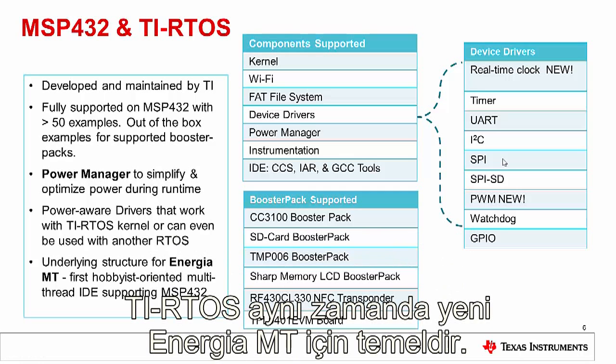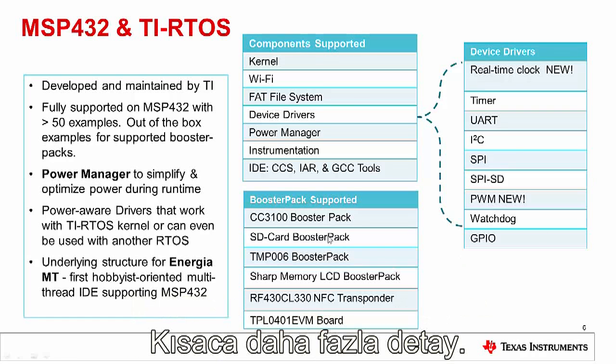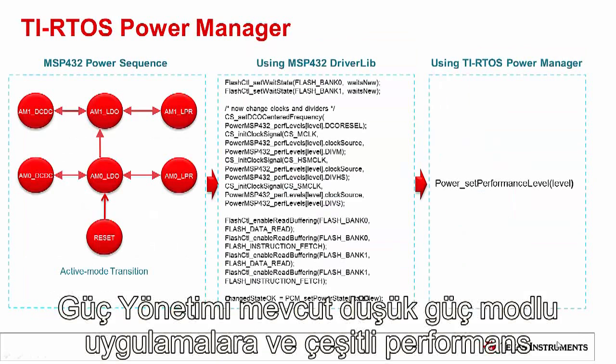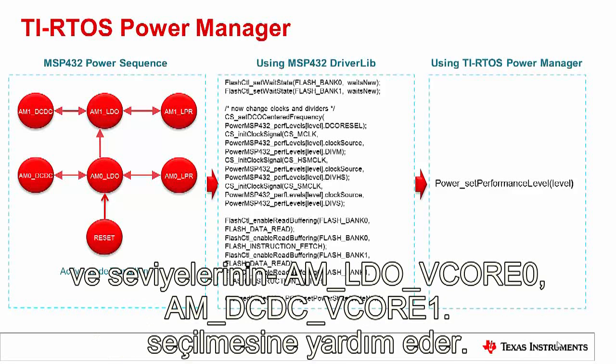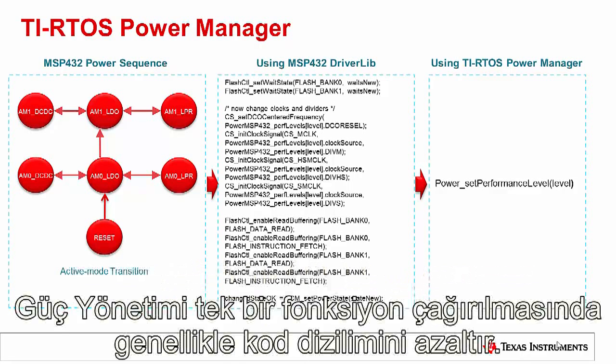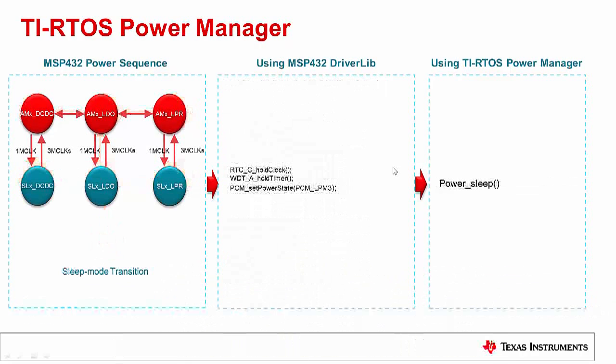TI-RTOS is also the basis for new Energia MT, or multi-threaded Energia, and more details to follow. The TI-RTOS Power Manager helps applications with entering and exiting various low power modes and choosing among the various performance levels available on the MSP432, such as the active mode LDO with V-core of 0 or active mode DC-DC with a V-core of 1. Power Manager reduces a gnarly code sequence into a single function call, such as those shown